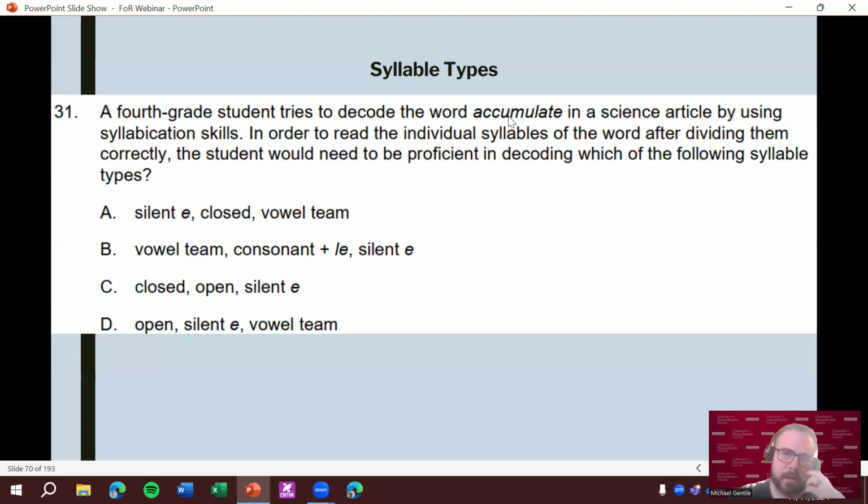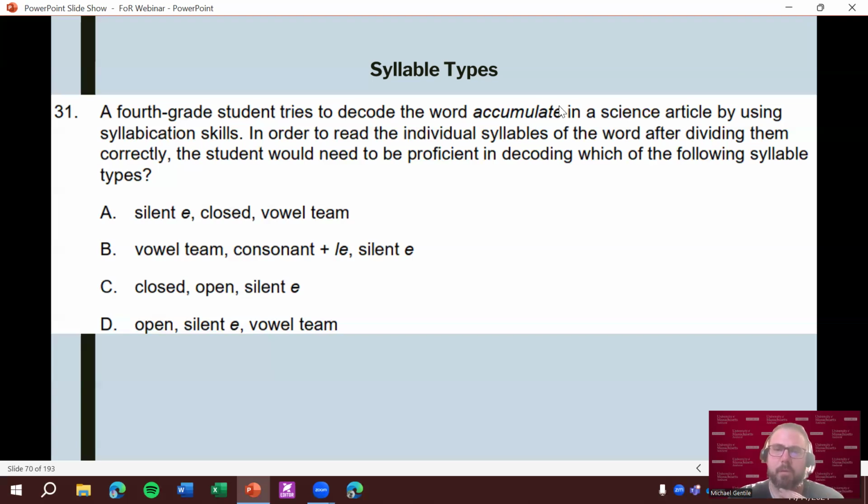Because that U is making its long sound, oo, or U in this word. It's kind of strange. Ac, cu, and then we have the same thing, two vowels. Where does the consonant go? The consonant's going to go with the second vowel, mu, open syllable, and then